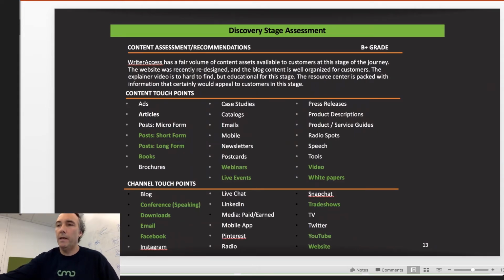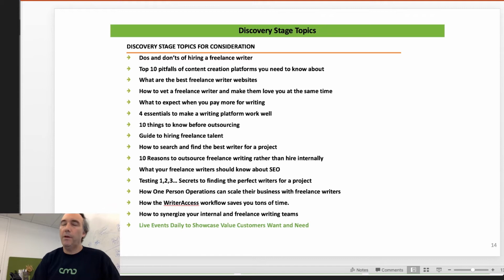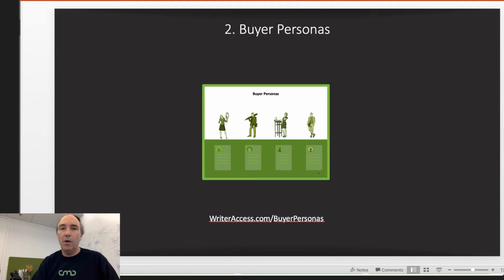The next thing we can look at is assessing how much content we are offering this customer at this stage of their journey, and actually grading that stage of the journey and informing a writer with the different types of assets that we're creating so they can better understand our goals for content. The other thing we're doing, which not a lot of people do when they create customer journey maps, is we think this is a good opportunity to prepare an editorial calendar where we're actually giving ideas to writers on potential topics and showcasing exactly what other writers might be writing about to get everybody on the same page so we can be very specific with our team members.